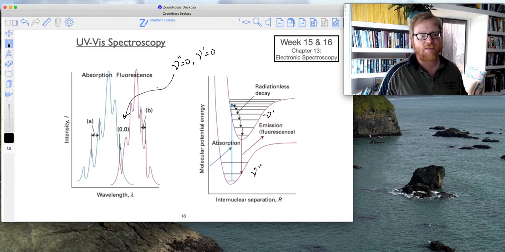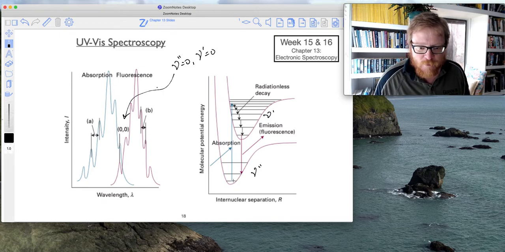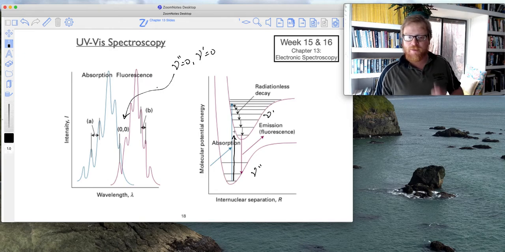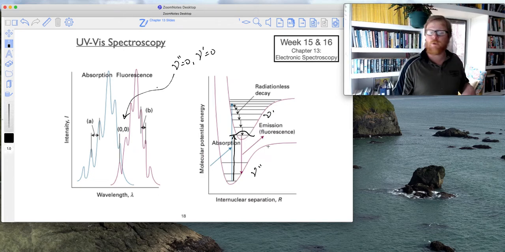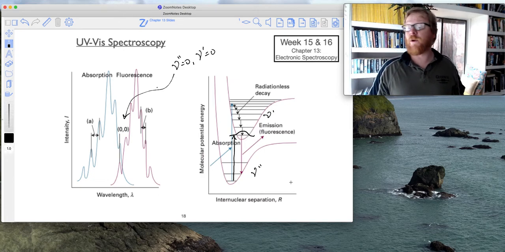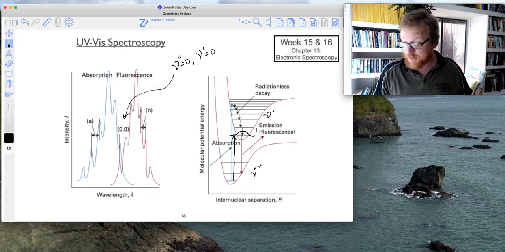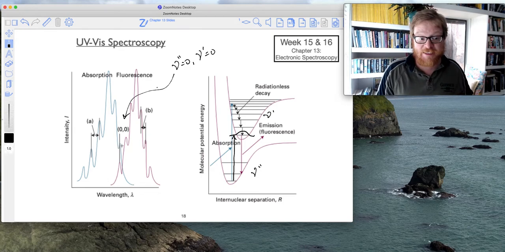I'll note that these are nu prime and these are nu double prime. What that means is this peak right here, this 0,0 peak, actually corresponds to going from nu equals 0 here to nu equals 0 here. Doing that vertical transition, we recognize that it will be possible, albeit it will occur with low intensity, based on this particular example that I'm showing you. We can see that here. This is one of the lower intensity peaks, and that 0,0 corresponds to this peak right there.